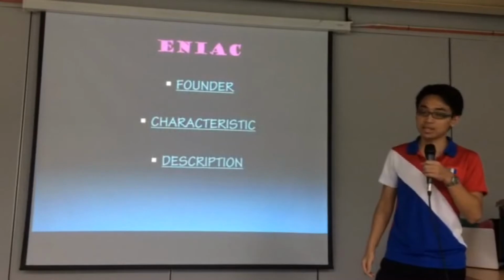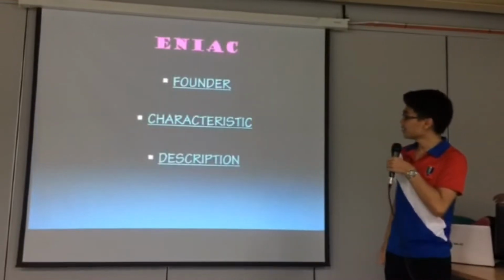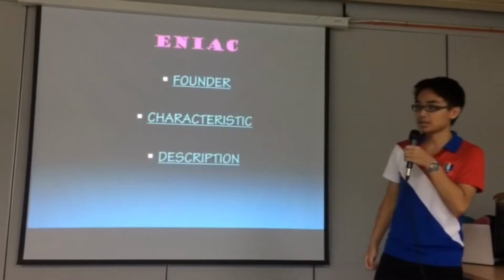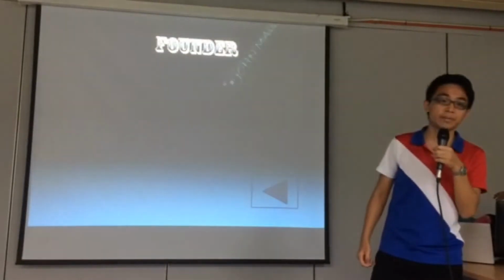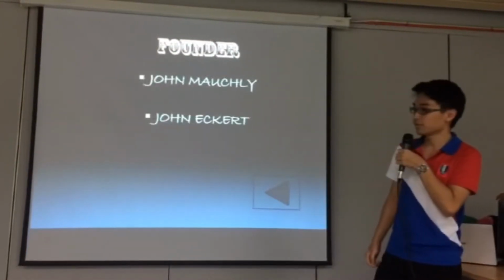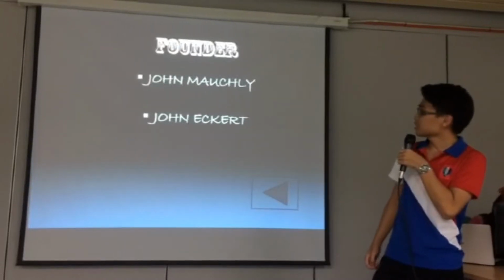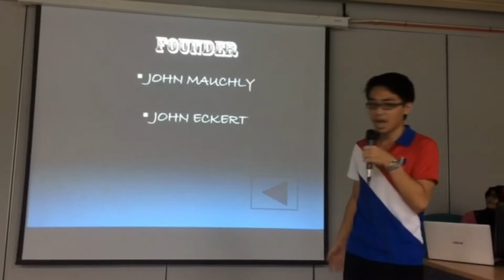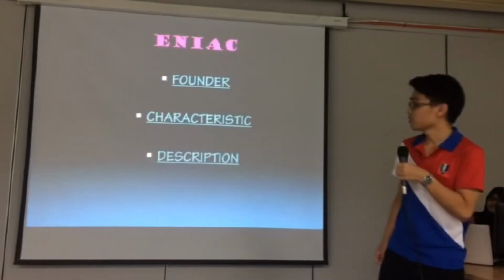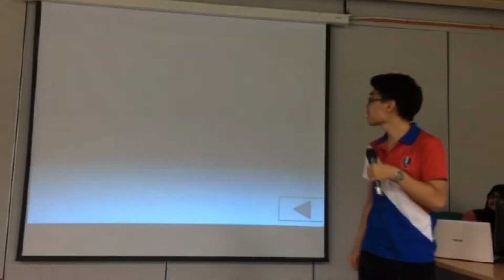For the ENIAC part, it consists of three parts, which are the founder, the characteristics, and the description. I'll be explaining the founder and the characteristics. So, for the founder, it was founded by John Mauchly and John Eckert. So, for the characteristics,